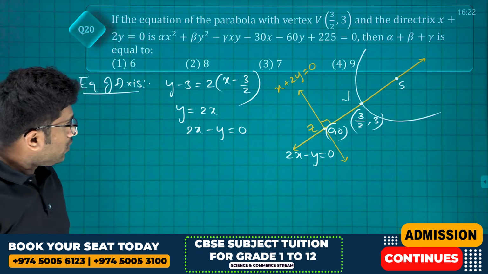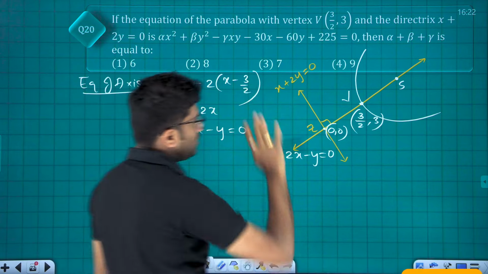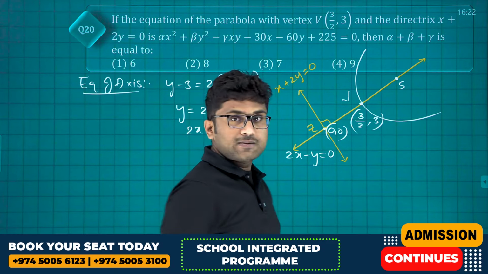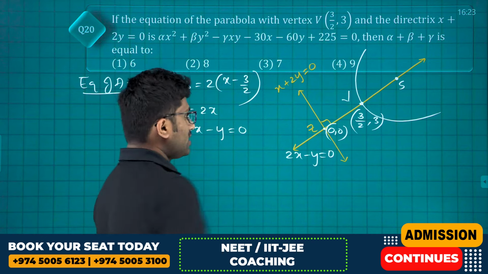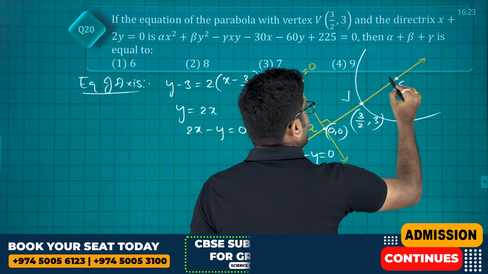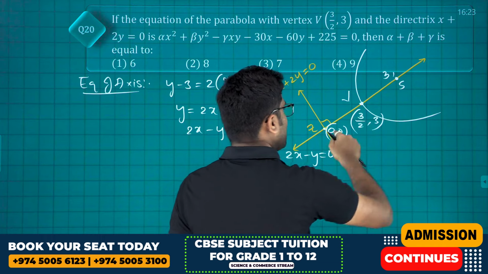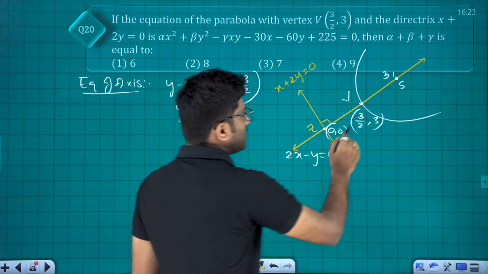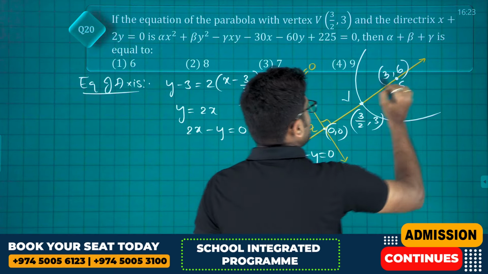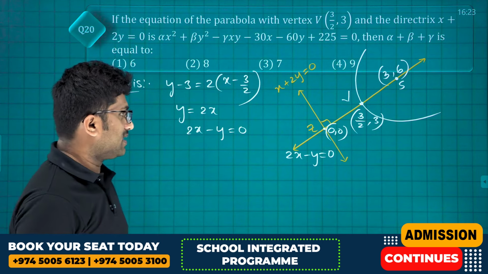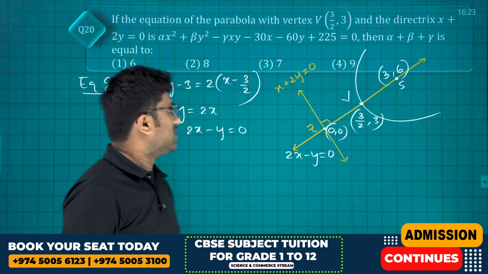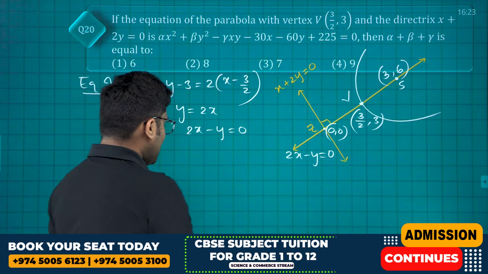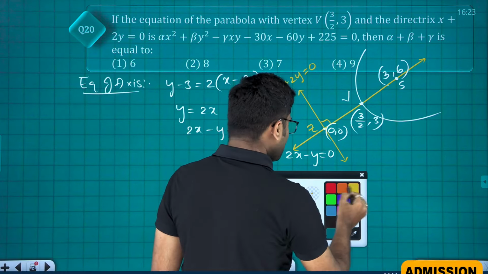So foot of the directrix we got, vertex we know. Now focus is, vertex is the midpoint of focus and the foot of the directrix. So it will be 3 comma 3 plus 0 by 2, that is 3 by 2 and 6 plus 0. So focus is now (3, 6). Friends, vertex is the midpoint of focus and foot of the directrix. Now, so by the definition of parabola,